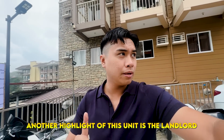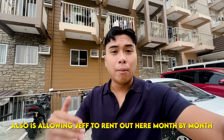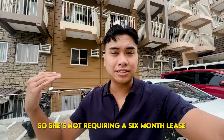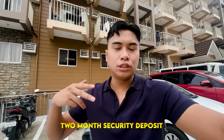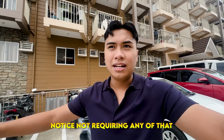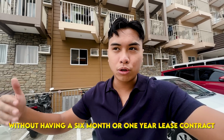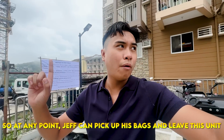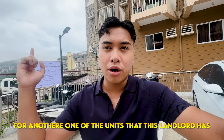Another highlight of this unit is the landlord also is allowing Jeff to rent out here month by month. So she's not requiring a 6-month lease or a 1-year lease with that typical 2-month security deposit, 2 months advance. No, she's not requiring any of that. Jeff is actually allowed to rent here month by month without having a 6-month or a 1-year lease contract. So at any point, Jeff can pick up his bags and leave this unit for another one of the units